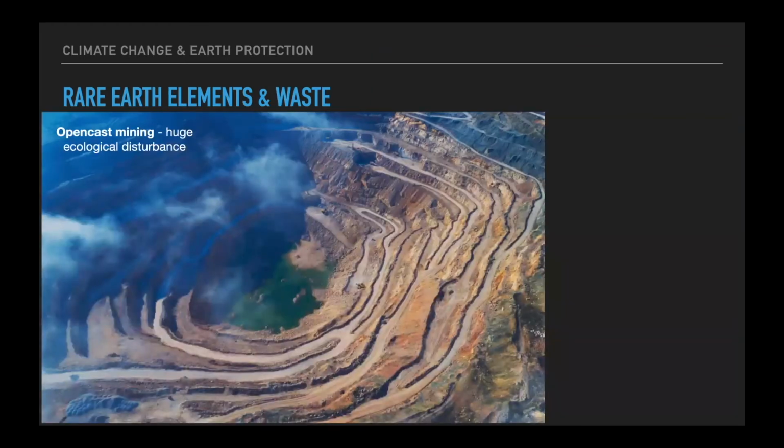And it's not easy to get, right? There are two ways that we can collect rare earth elements from the ground. The first is something called open cast mining, which, as you can see, if you look around here, this is like a track. Those are tire tracks, just to give you a sense of scale. So they excavated this whole area. It's a gigantic ecological disturbance. It pulls up all of these awful toxins and metals out of the earth and puts it into groundwater. It's a really huge ecological impact just to get the things that we need to distract us all day.